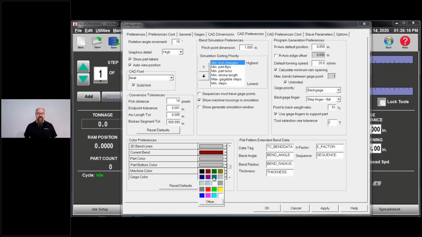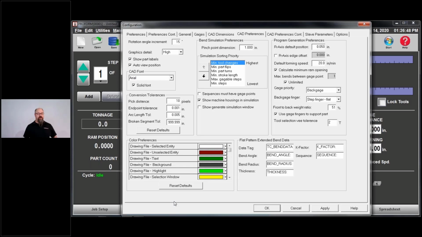So what I'm going to do here is change the bottom color to something distinctive, so that if I look at the part, I can see, hey, this is up, this is down. At a glance, I can literally look at that part. If I see the green bluish color, then I know that that is bottom up, and that's a down bend. And if I see the gray, then it's an up bend. So that's just what I like to do. Set these to whatever makes it work better for you. There is always the reset defaults here, which will set your color scheme back to default.